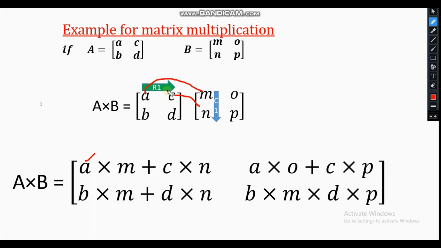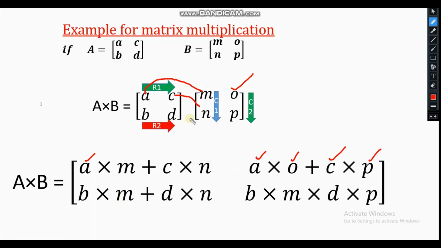row 1 with column 2. Okay, so row 1, A multiplied by O, and again C multiplied by P, so the sign is plus. Okay, now we will take space between these elements because it's a matrix form. Now two columns. Now again we will multiply